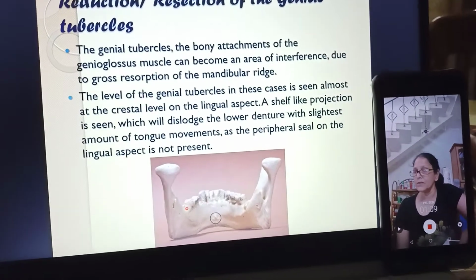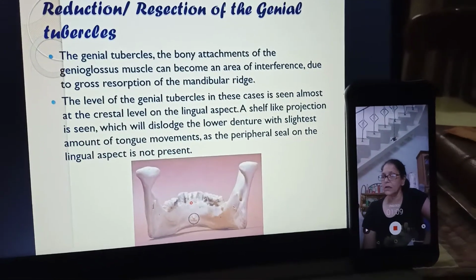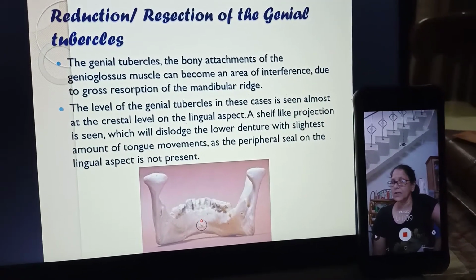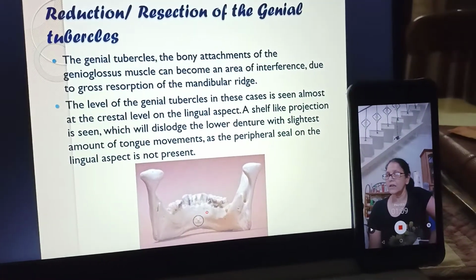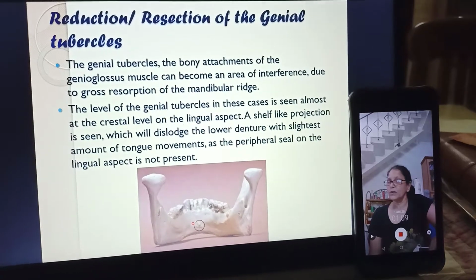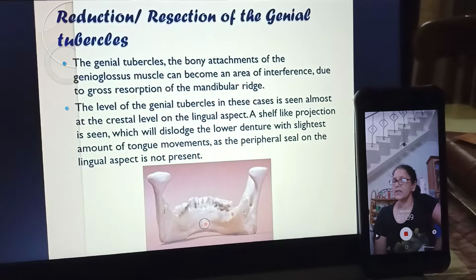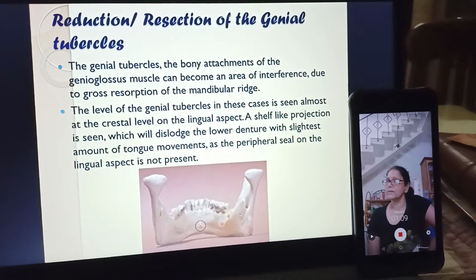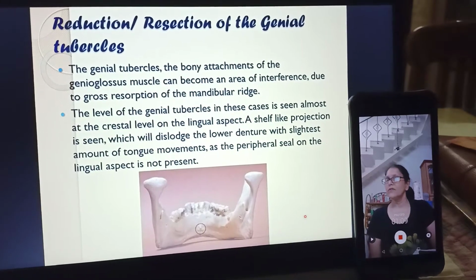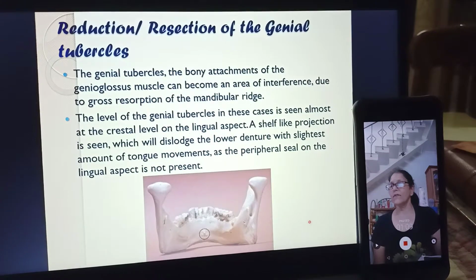But what happens after the extraction of these teeth, the alveolar ridge undergoes resorption, so much so that the genial tubercles come to lie at the level of alveolar ridge. So definitely then they have to be removed and smoothened, and the muscle which is attached here has to be repositioned. So the genial tubercles are the bony attachments which become an area of interference after the gross resorption